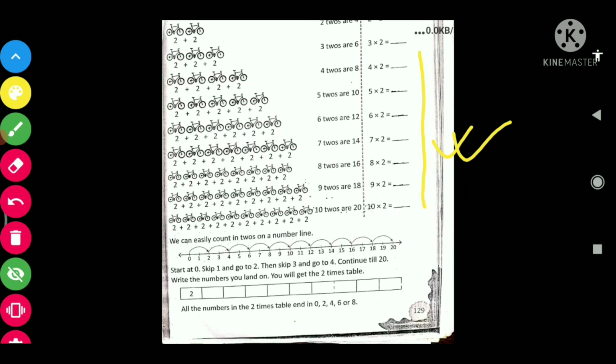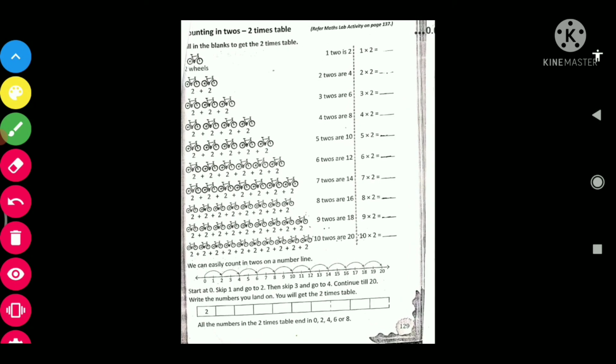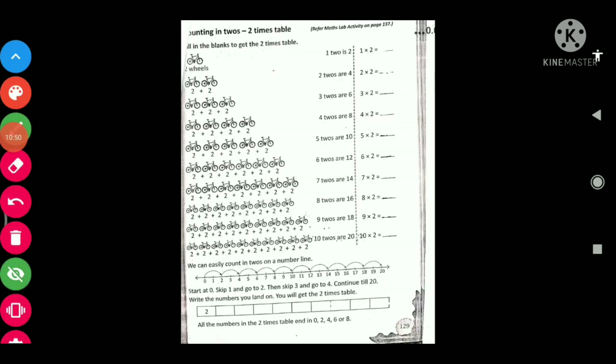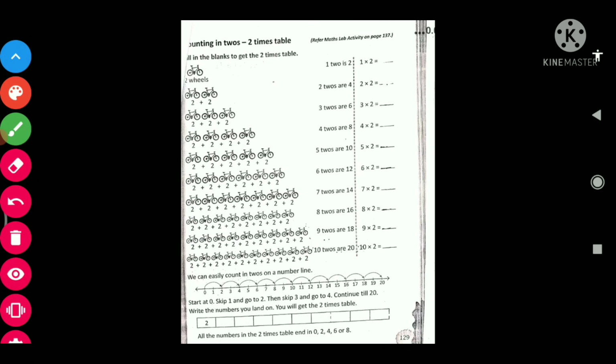So first you got 2, then second number will be 4, then 6, then 8.